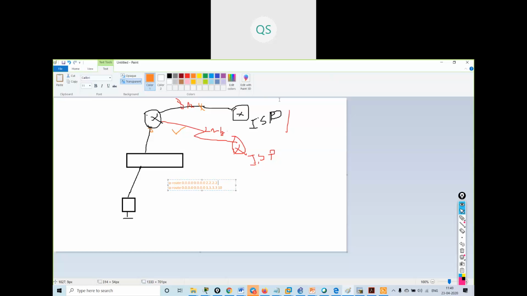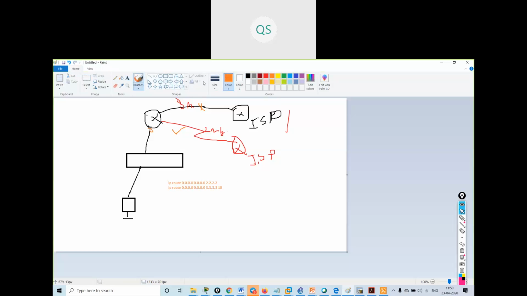then if this link goes down, which link, my ISP1 link, it will automatically switch to the other link, and the users will get access via that link. They will have some delay, some seconds, within 10 seconds.